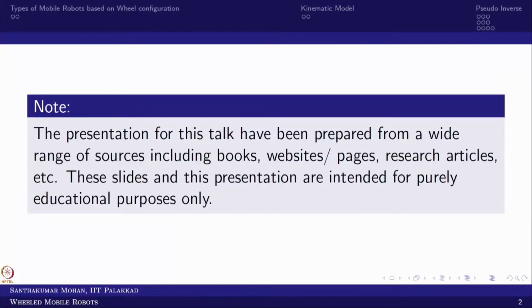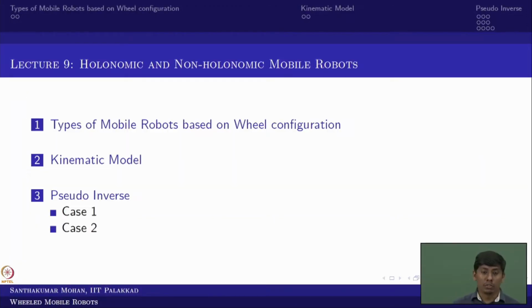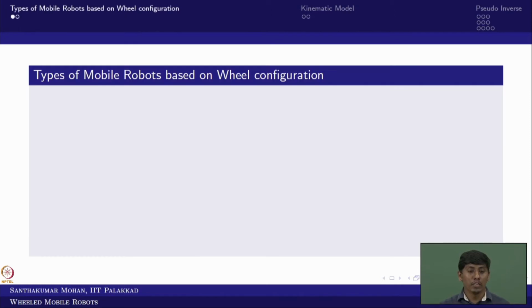So in this particular lecture, we would be seeing the types of mobile robot based on the wheel configuration, and we would see the kinematic model. In that, one particular aspect we have seen is W, which is nothing but the wheel configuration matrix or input configuration matrix. How would that matrix play a role for holonomic or non-holonomic? I already talked about holonomic. So we will just talk about how we can classify the mobile robot, that too the wheeled mobile robot, based on the kinematic or wheel configuration.